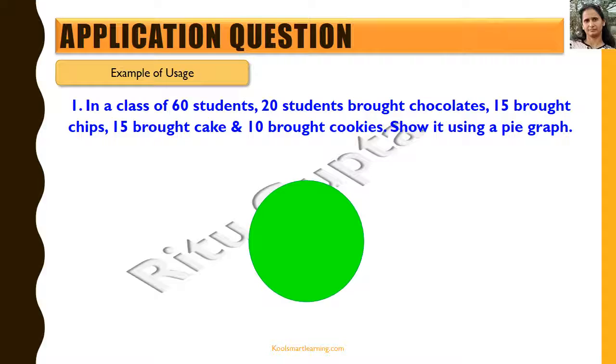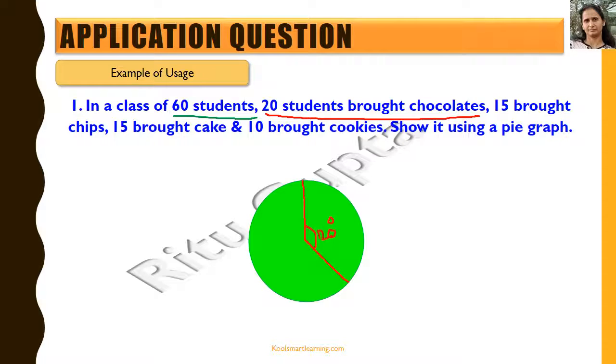So we represent the whole as a circle. The whole means, in this case, 60 students. Now if we want to show the 20 students who brought chocolates, how much would it be? This would be 1/3 of this part, so we draw something like this. This would be 1/3 of 360 degrees, which would mean a 120 degree angle, and this indicates 20 students who